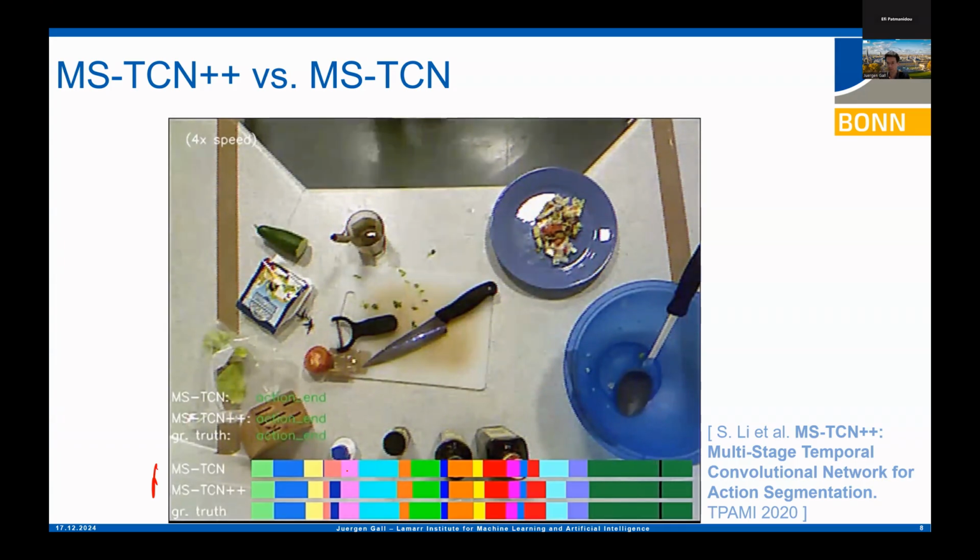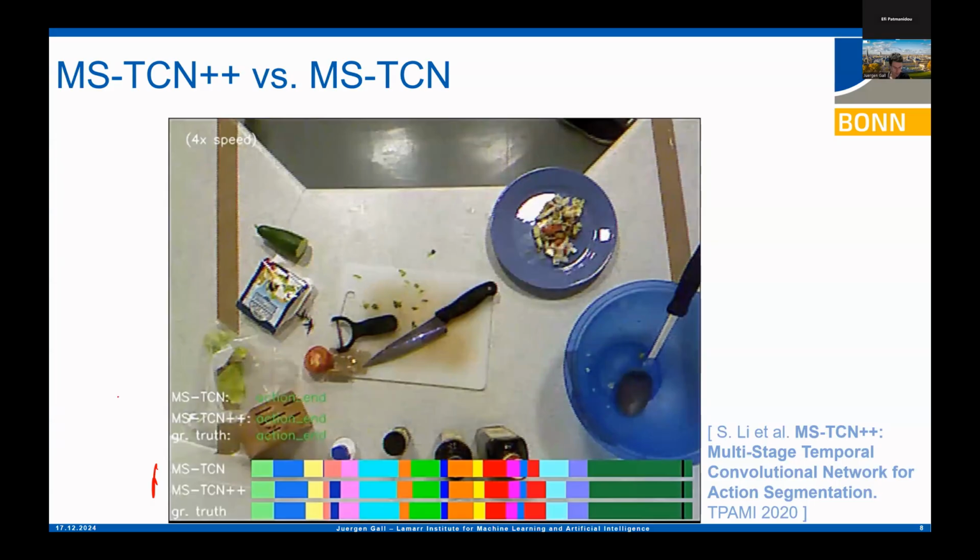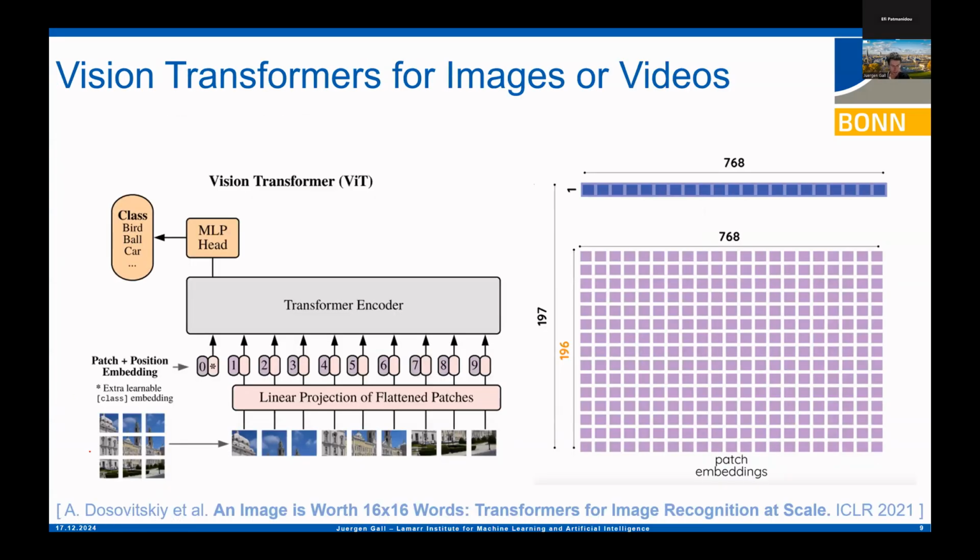So now, what we also want to do, not only take the temporal convolutions, but the question is also: what is happening if we use a transformer architecture for the same task that I've mentioned before? So vision transformers, most of you, I'm pretty sure, are familiar, but just for the students here who are not that familiar with transformer architectures, the main idea in a nutshell.